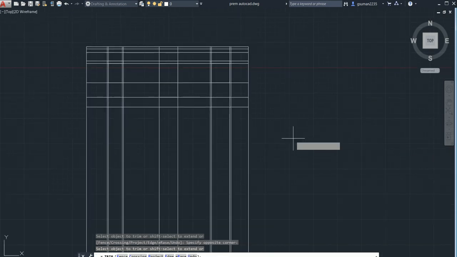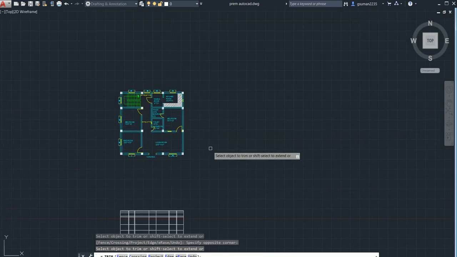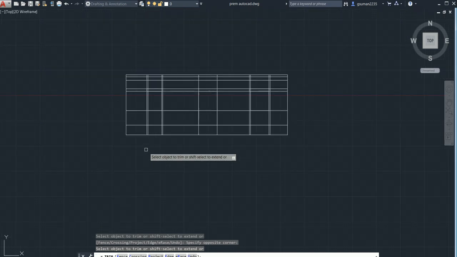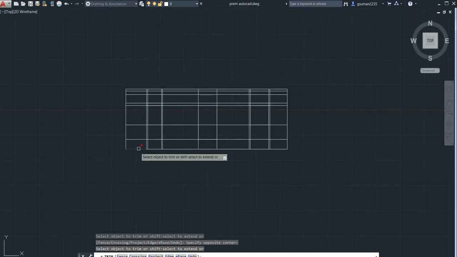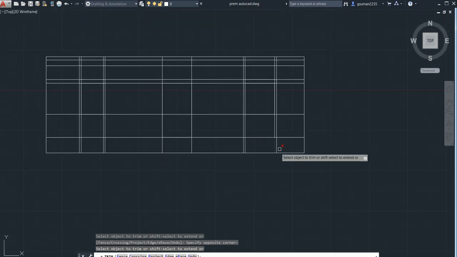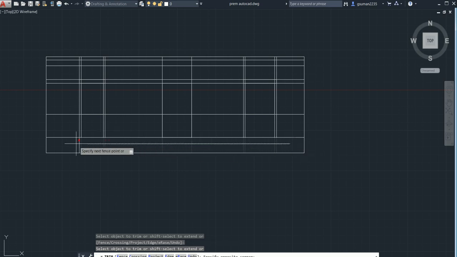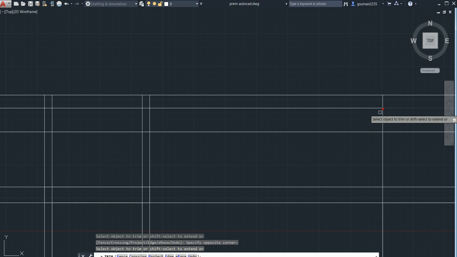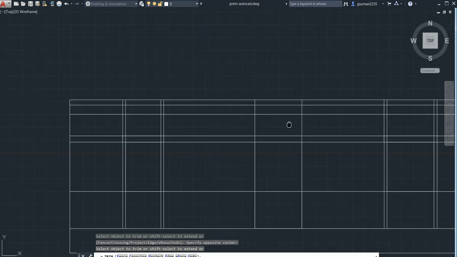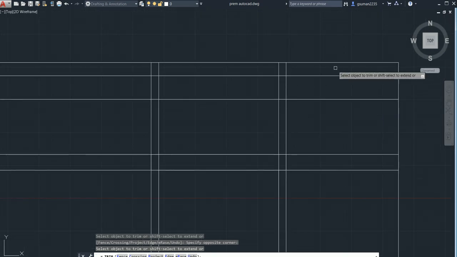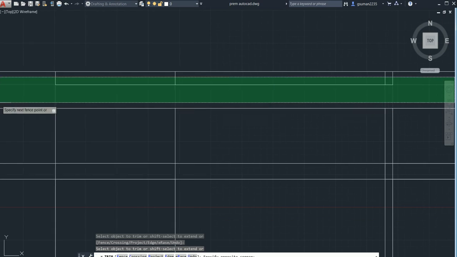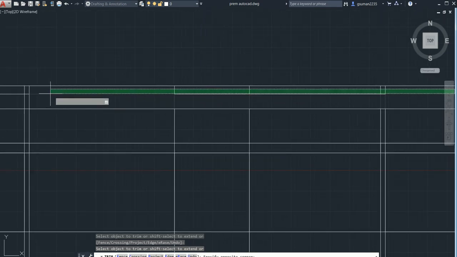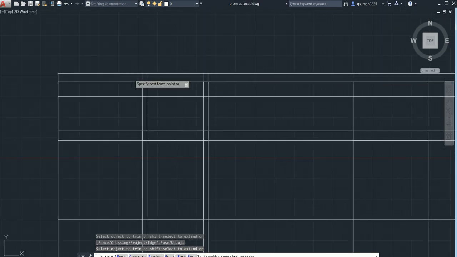You can see it has been erased. This is inside the plinth beam, nothing would be there, delete this. In the slab also, this is the slab, this is the slab. So delete these projections inside the slab, to here, it has been deleted.